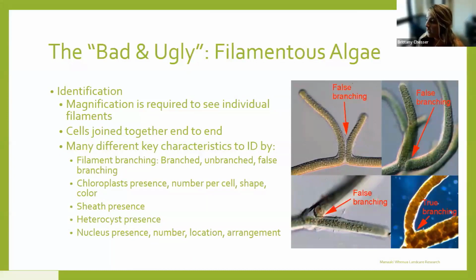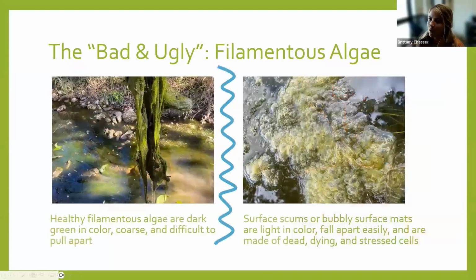Are they falsely branched, which you see on the left-hand side, where the cells do not actually touch, or they're not actually integrated into that branching? And at the bottom right, you can see what's actually called true branching, where those cells are actually integrated and they're actually touching within what we call an algal sheath. And that's just one of the characteristics that we immediately look for underneath the microscope.